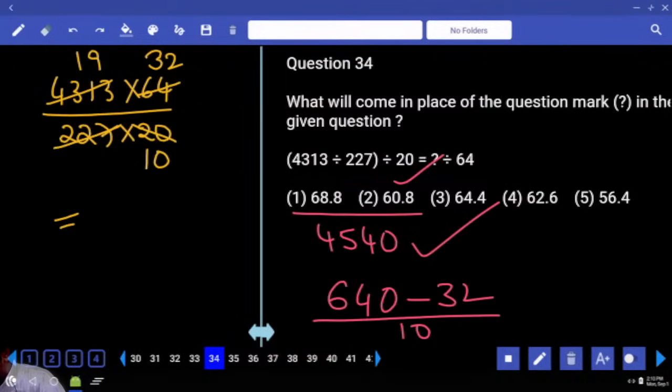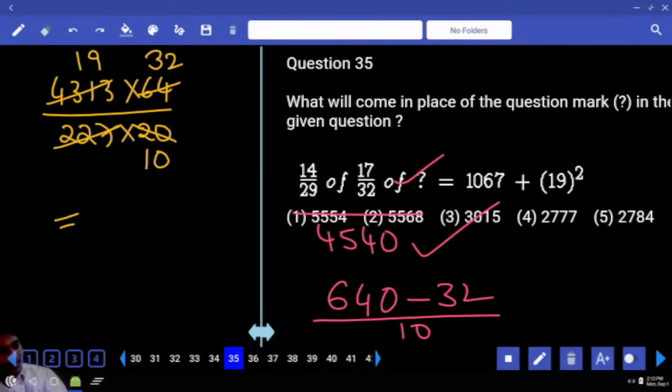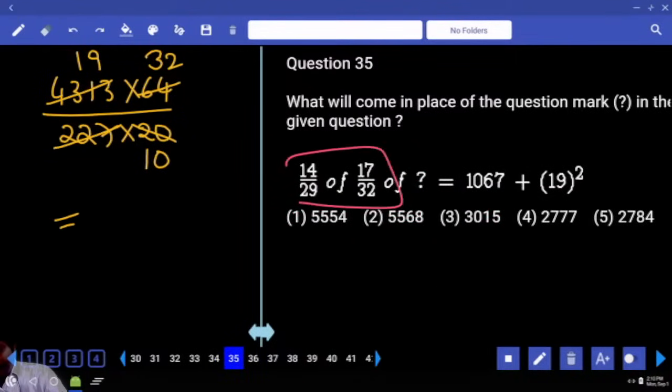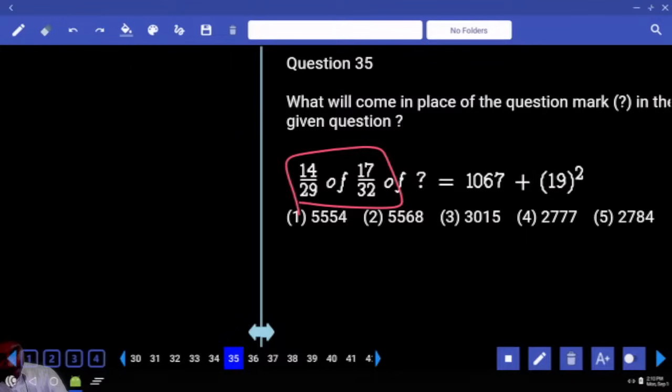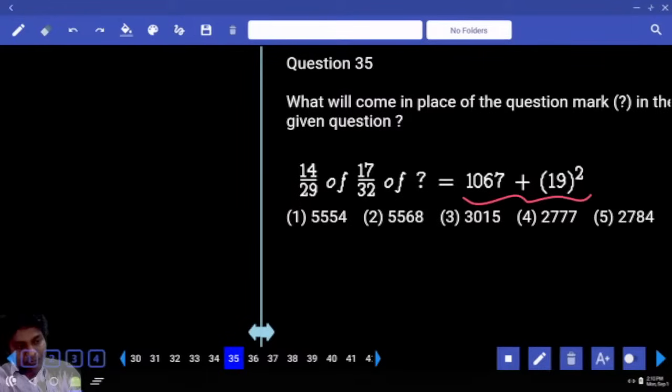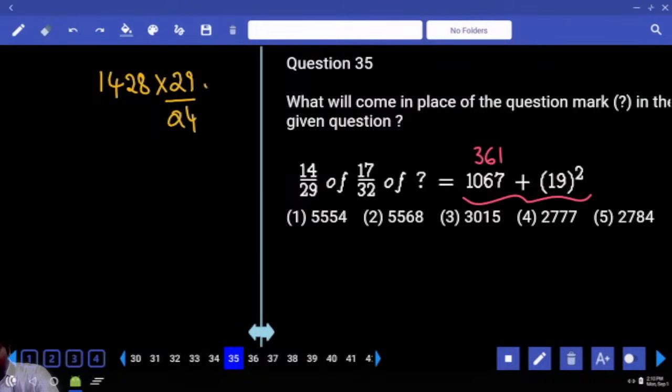Before that we verified last digit verification. Take these two fractions to right hand side. Is that okay? But right hand side, first of all we have to find out the number. 1067, 19 square, 361. So that is equal to 1428 into 29 by 24 into 14 into